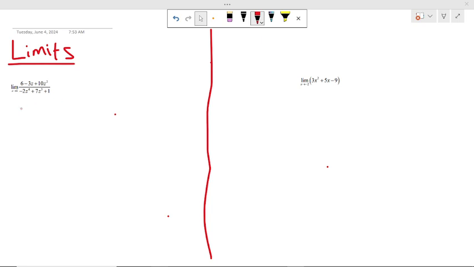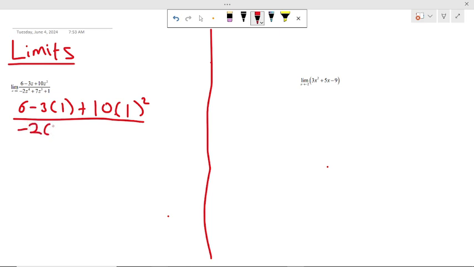So with this, we get 6 minus 3 open bracket 1 plus 10 open bracket 1 squared. So if you do not know how to evaluate a function at a particular point, please do well to watch our videos on functions